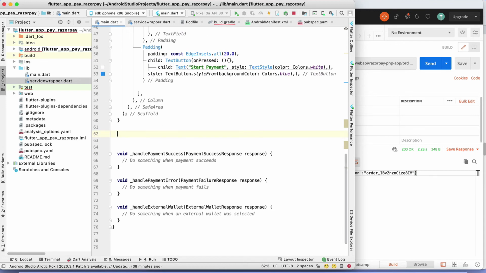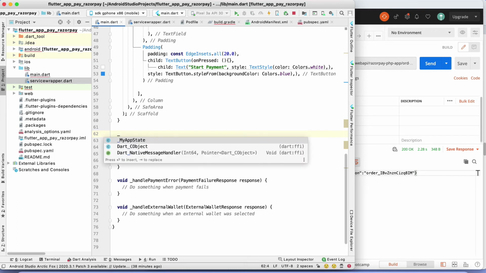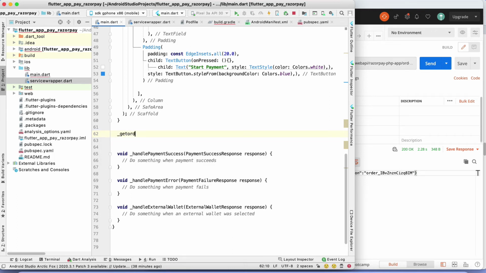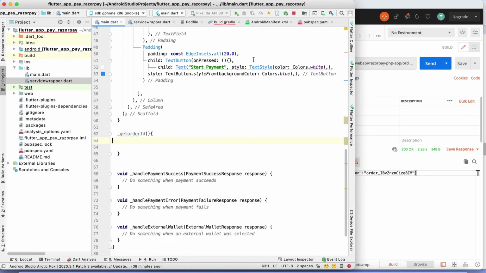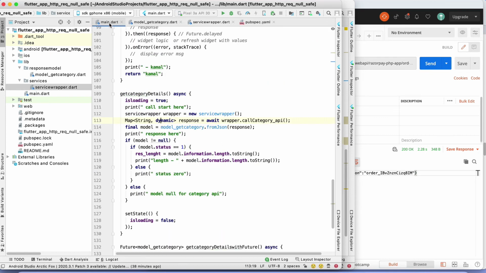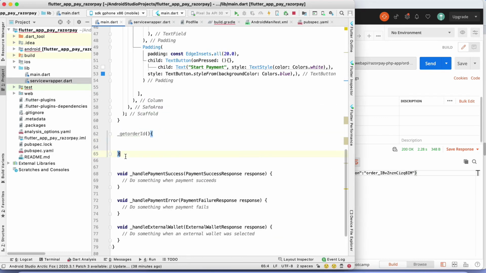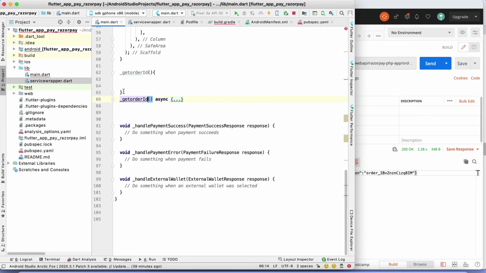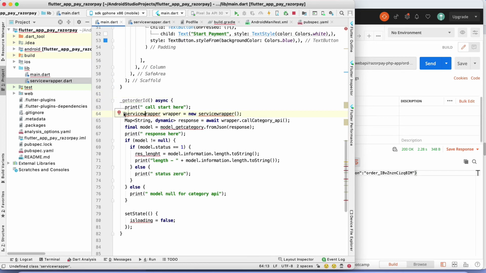Just make one function named getOrderID. I already explained how we can call the HTTP request. Get the code again, and now change the API name.